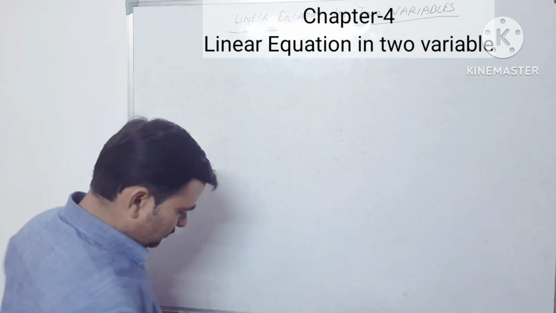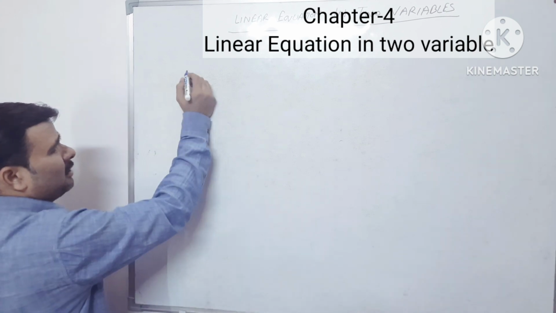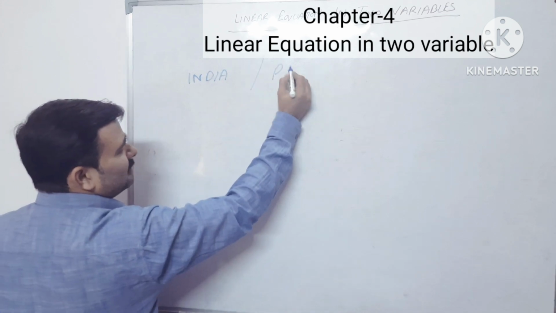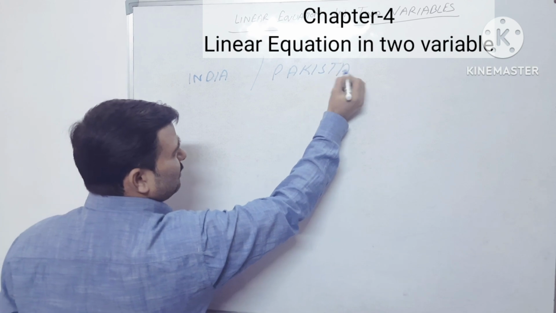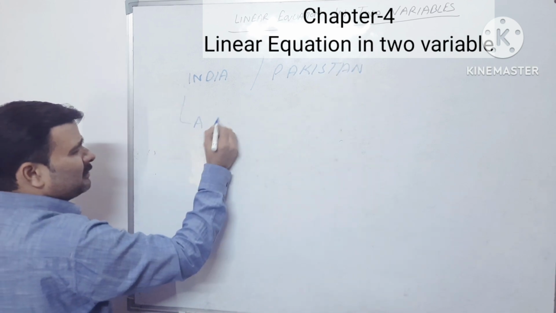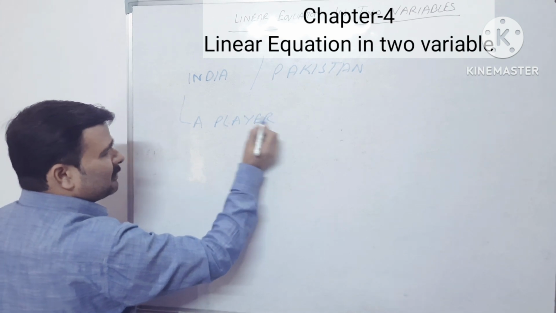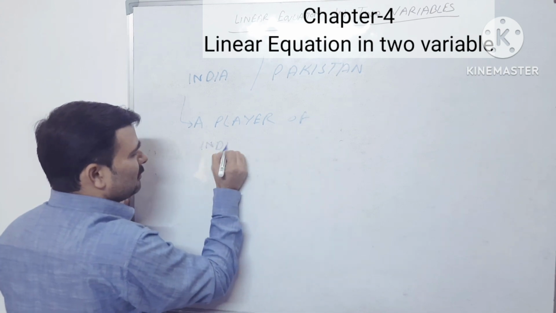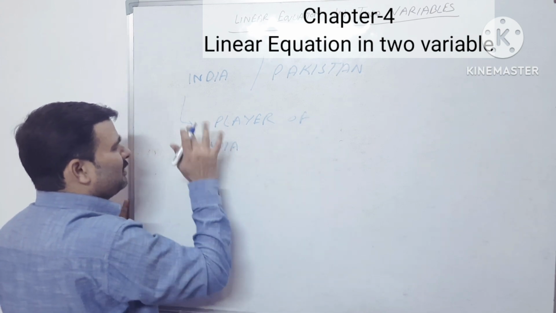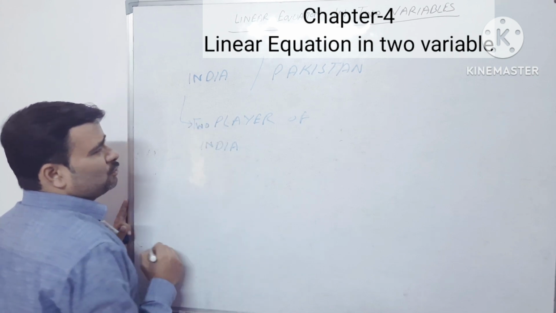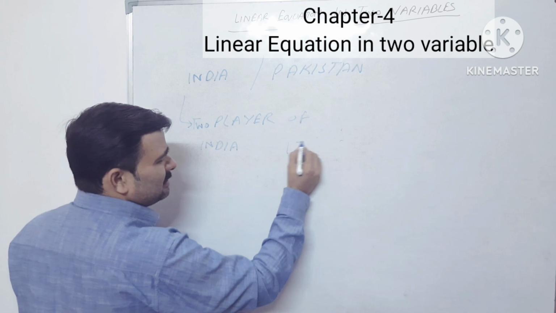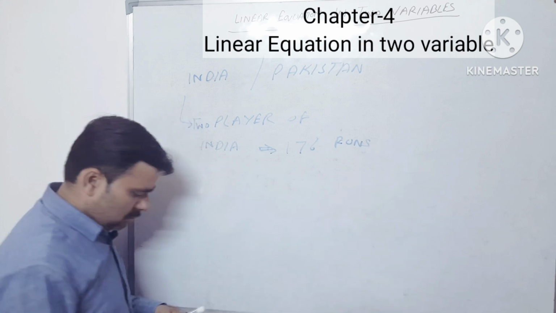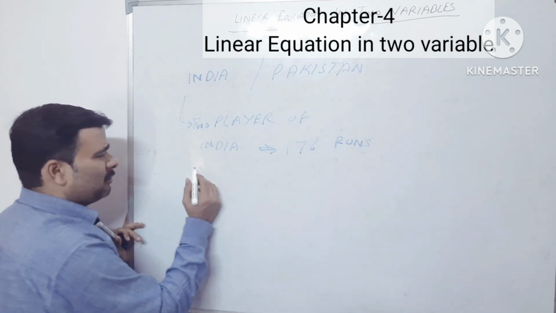Now suppose we have a match between India and Pakistan. Two players of India make 176 runs. Now how can it be written? It can be written in the form, suppose